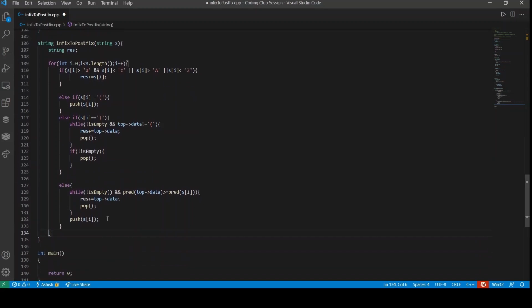Right, now after this, the whole thing, we need to make sure that after the string ends, there is nothing left in the stack.